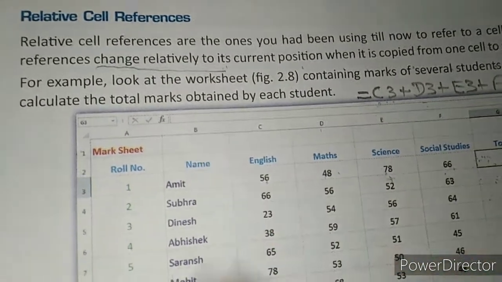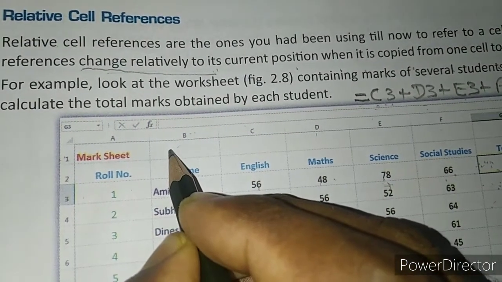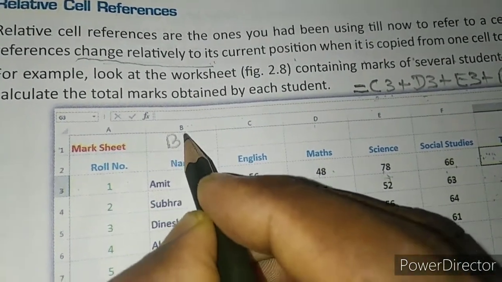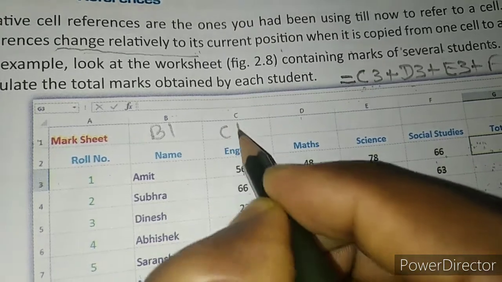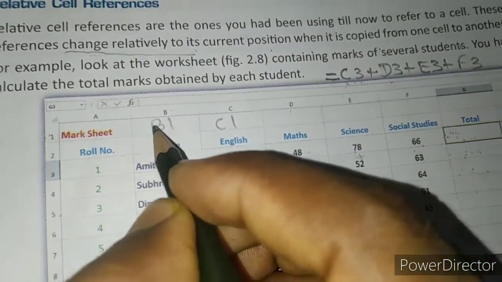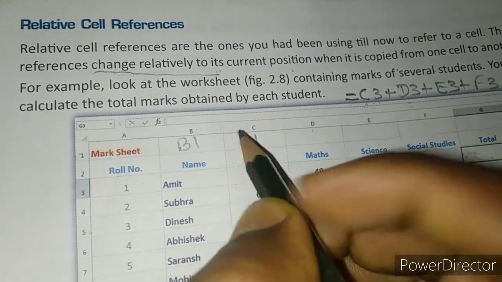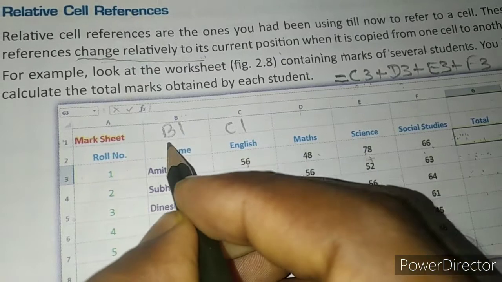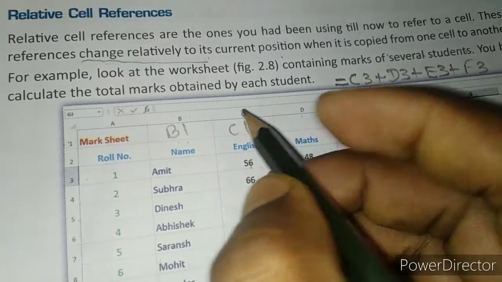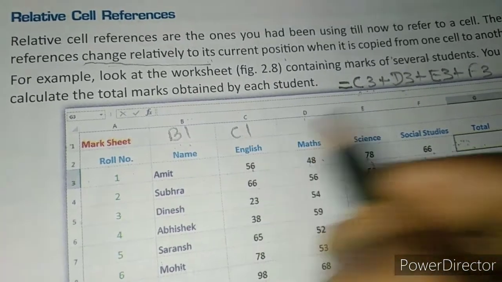Then what will be the reference of this cell? It will be B1. Likewise here C1. Clear? This type of referencing is known as relative cell referencing, because when we copy the formula, this cell reference changes according to the relative position, right?